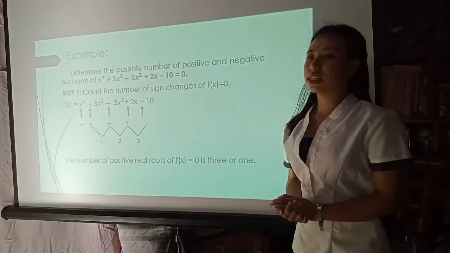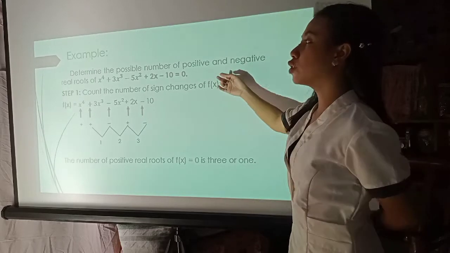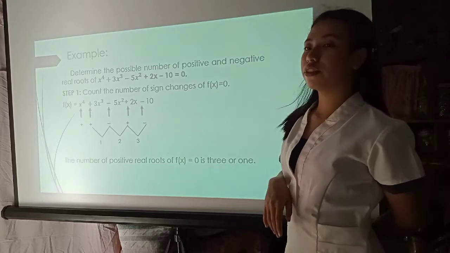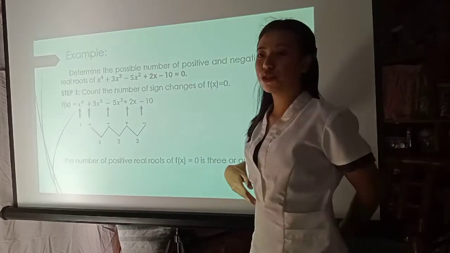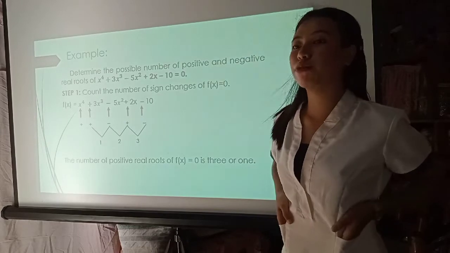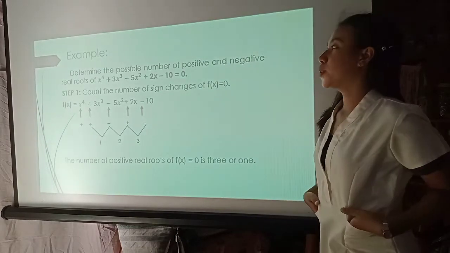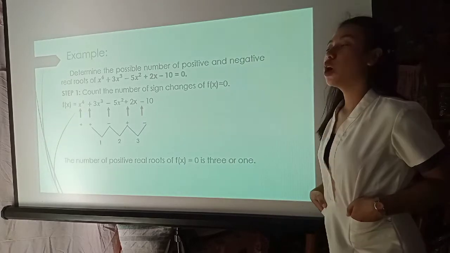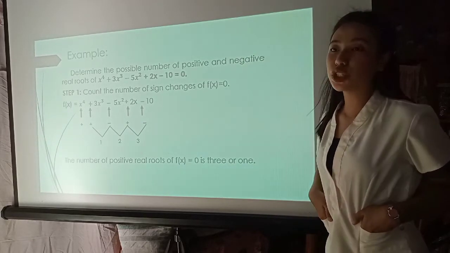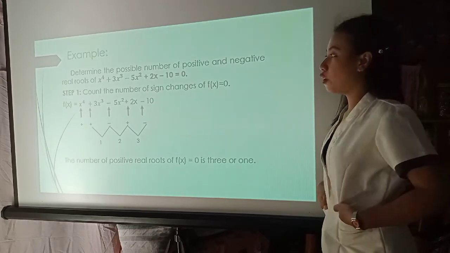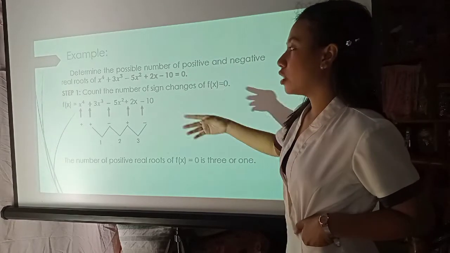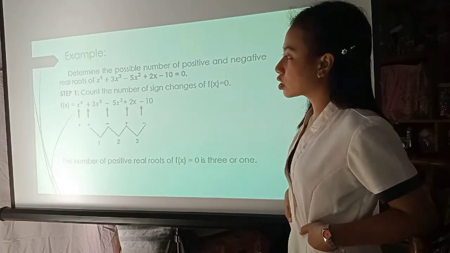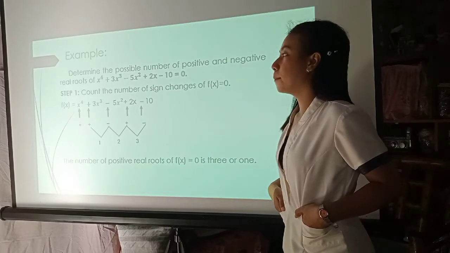And now, this is our example on how to determine the possible number of positive and negative real roots of the function x raised to 4 plus 3x cubed minus 5x squared plus 2x minus 10 equals 0. So step 1 is we will count the number of sign changes of f of x. So f of x is equal to x raised to 4 plus 3x cubed minus 5x squared plus 2x